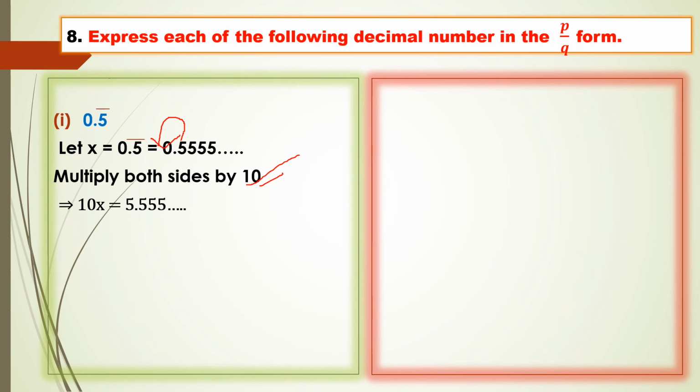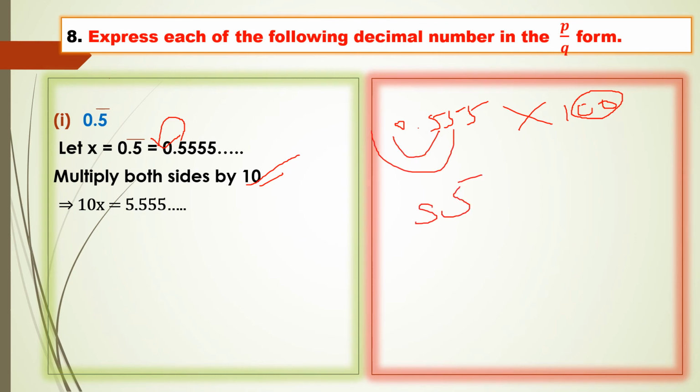Suppose I have 0.555, and so on, into, suppose I have 100. Means simple, here there are 2 zeros, so you shift 2 digits before the decimal. So I'll get 55.5. Forget about the 0. This 5 will go for 1 0, and one more 5 will go for one more 0.